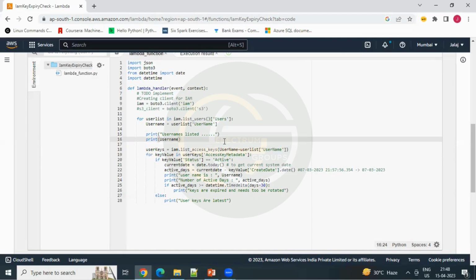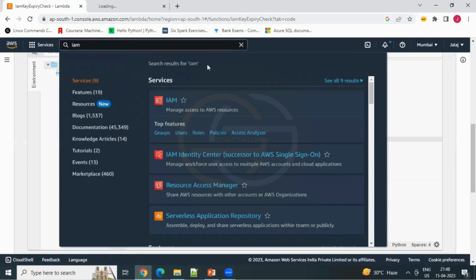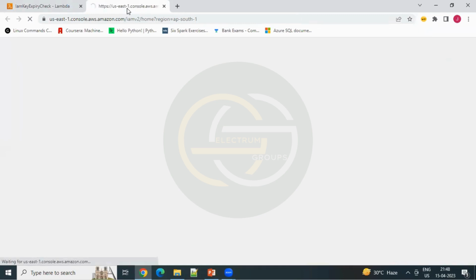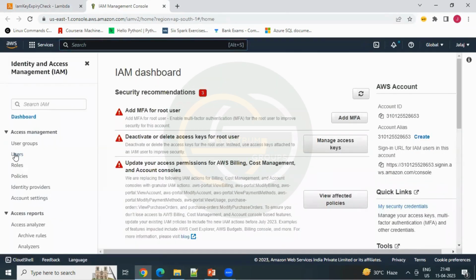The interesting thing in this code is not the logic we are applying. The interesting thing is how to interact with other AWS services, such as IAM in this example. If I go to IAM and open the users page,